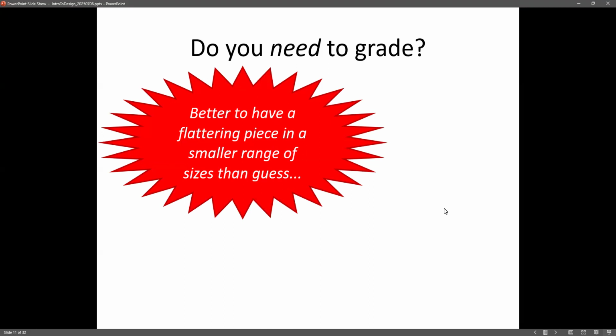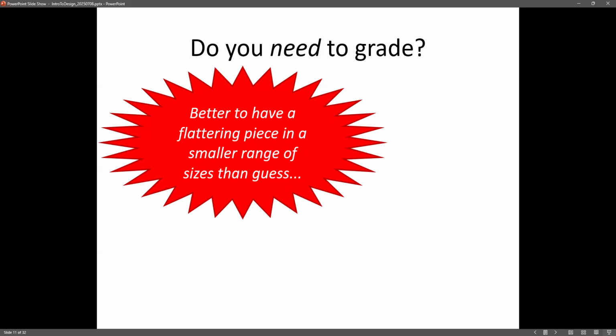I will say this, and this is a controversial statement. I'll put some context around this, but as a designer, it is better that you have a flattering, well-fitted piece, and flattering is kind of a loaded word, that works on a smaller range of sizes than